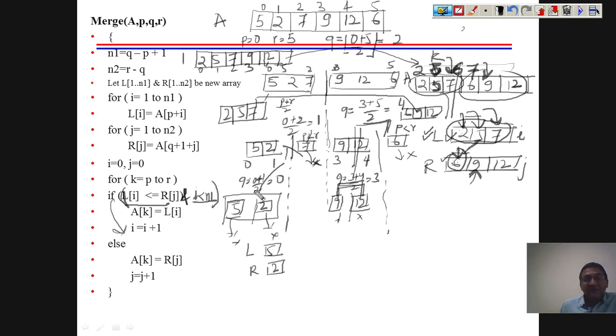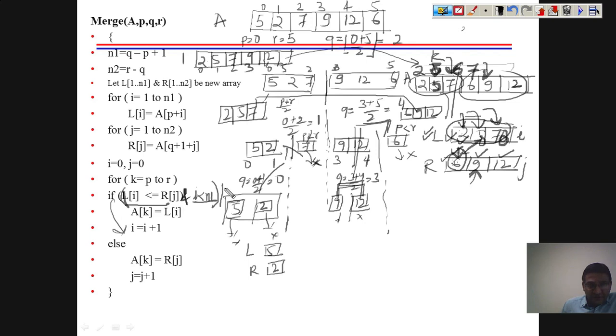Now there is the other situation also possible, that instead of this array finishing earlier, this array may get finished earlier. Let's say all the values of this array are small, and this array, for example, I am going to extend this. Let's say this is 70, and let's say 50. In that case, what is going to happen? You take this value, then this value, then this value, then this value, and this array got finished. That means now whatever value is remaining here, you have to simply add it to the actual array. So to match this condition, what you will do here, we can say